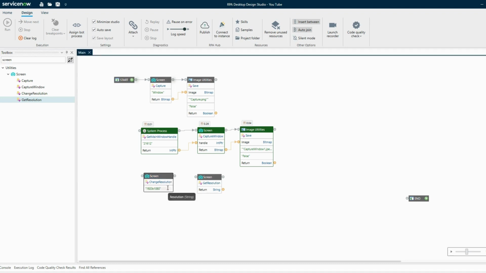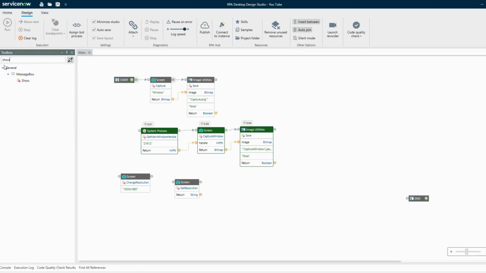So in real time, if your process is running on different machines, you can get the resolution, and if the resolution of the current screen is not matched with the one you want, then you can use this change to change it, so that the process can work on any machine irrespective of the resolution you want to manually verify. Okay, and for now I'm not going to use it, as I said, so let's use the get resolution, and it doesn't need any input because it is just going to provide the output to us.